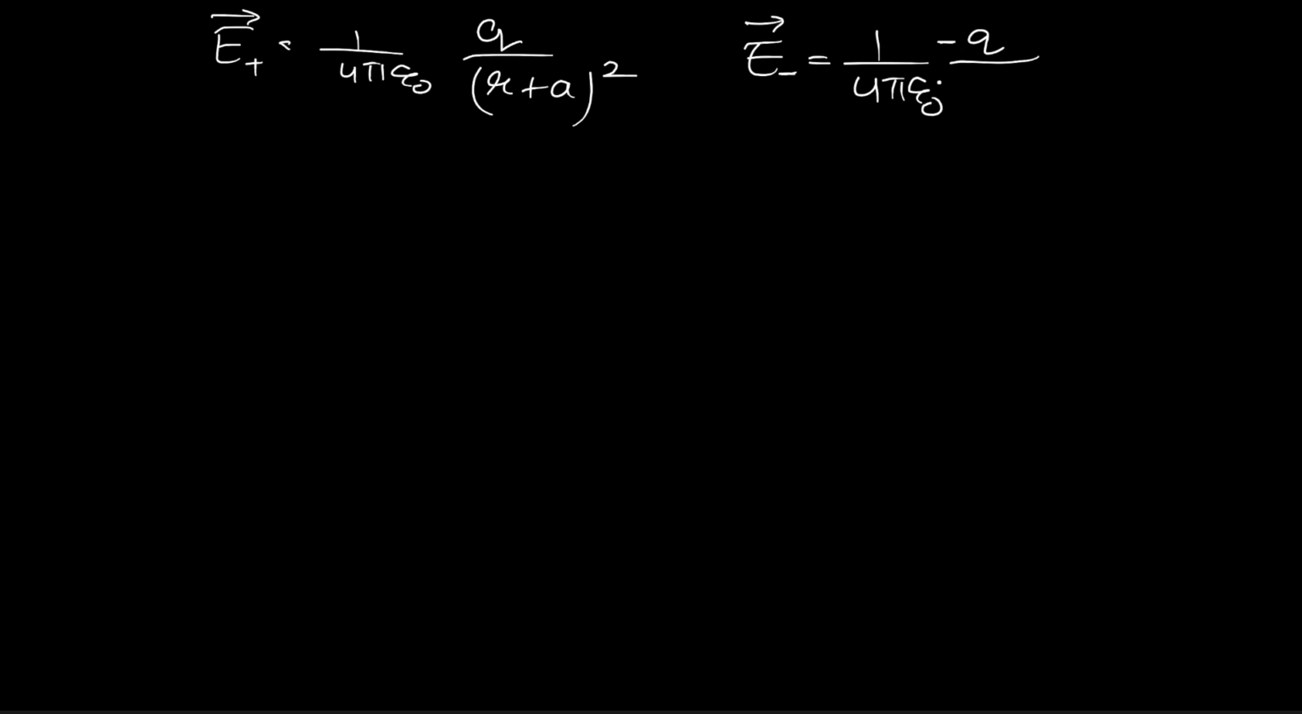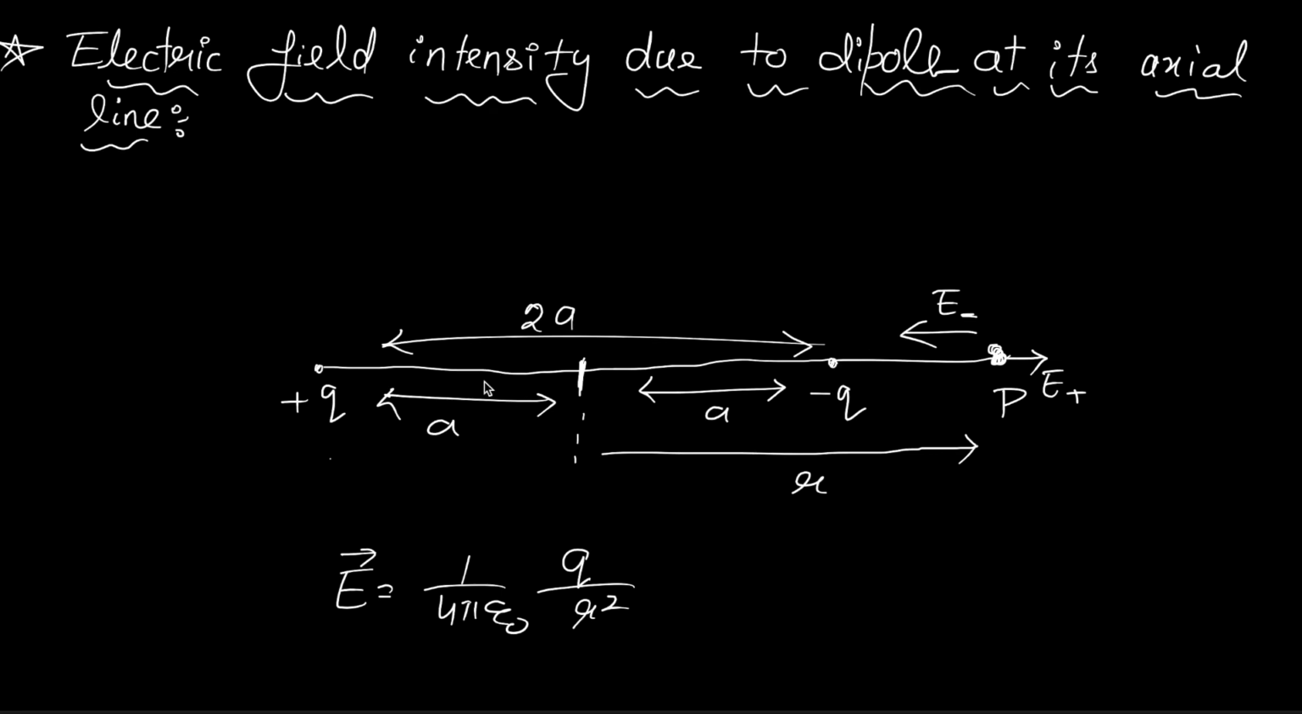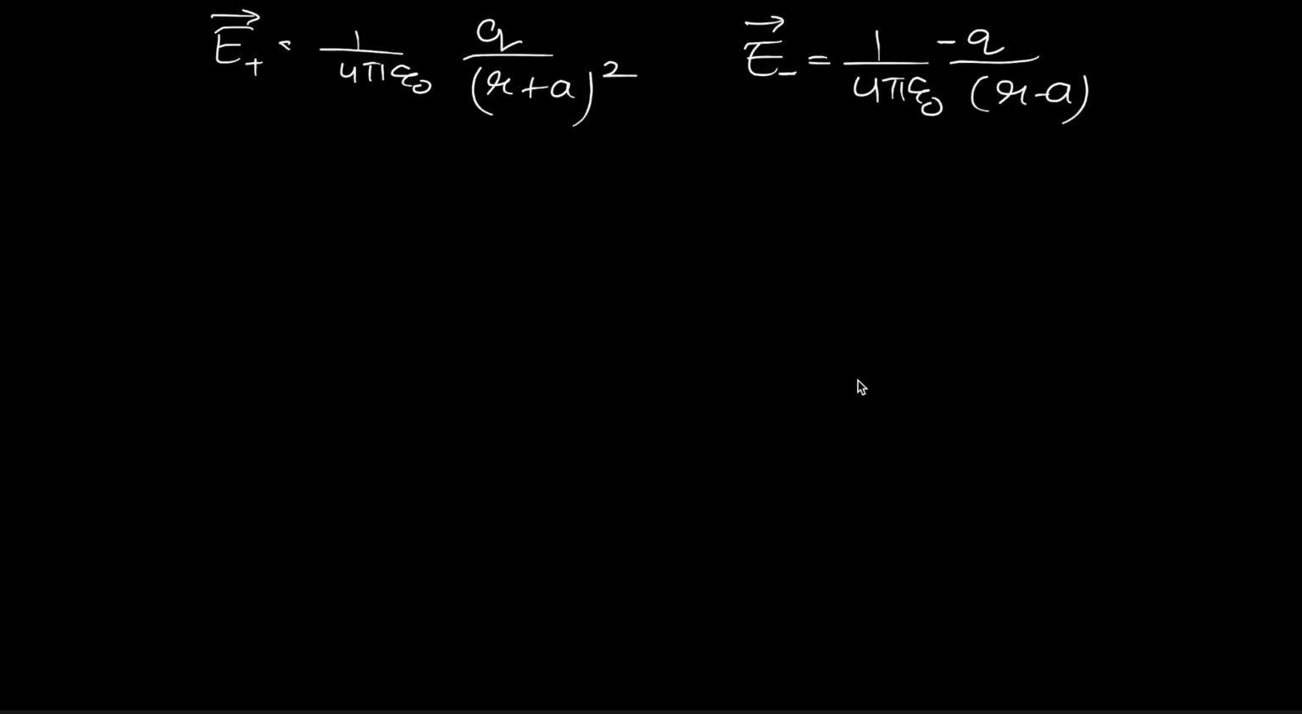Let's suppose I take the negative q, and then the distance is r minus a for the negative charge. You can look at the configuration also: the distance from the positive charge to the point is r plus a, and from the negative charge it is r minus a. And then it comes out to be